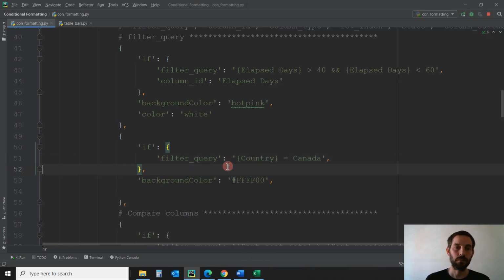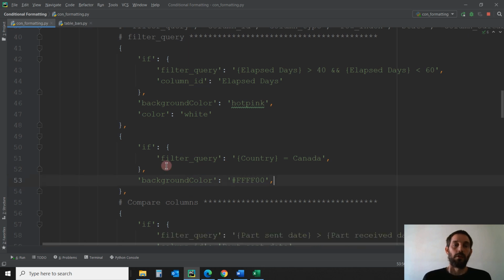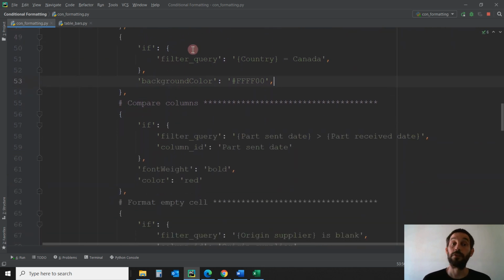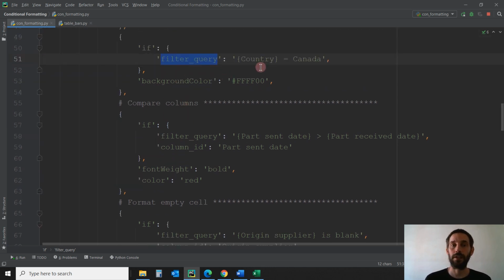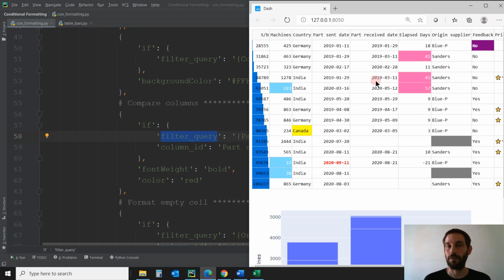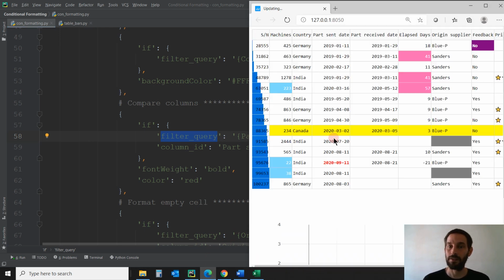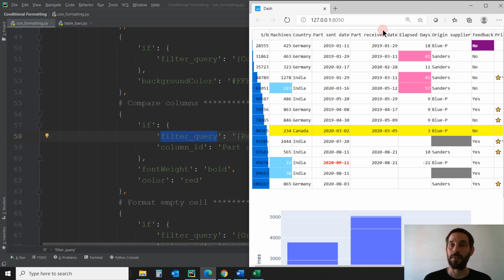Cool. All right. So let's go to the third statement. We're still going to use filter query. We're still going to use this key, and we're going to compare columns. Right now we just did information inside one column. Now we're going to compare between two columns, and we're going to say the filter query is the key and the value is if the part sent date is bigger than the part received date. So if the cells inside the part sent date is bigger than the cells inside the part received date, meaning